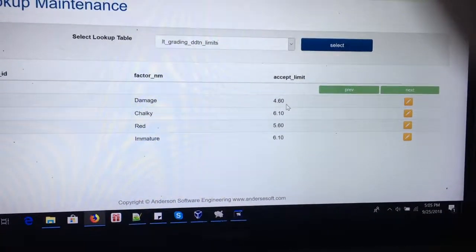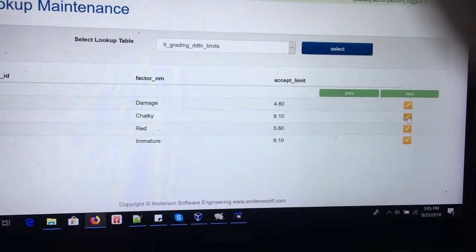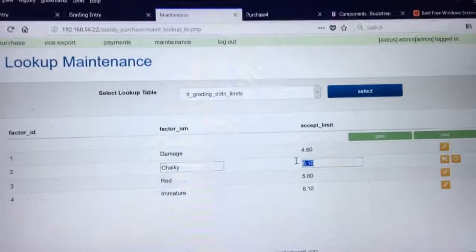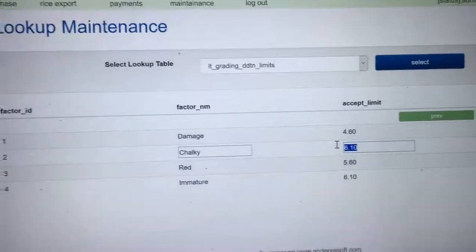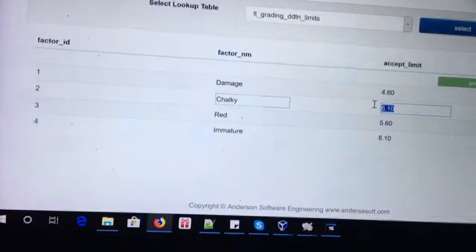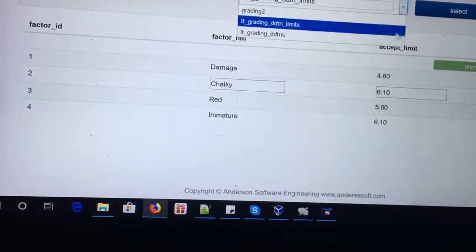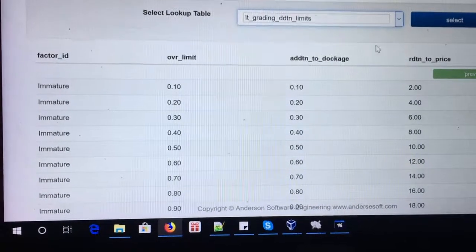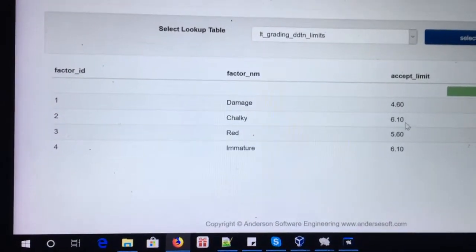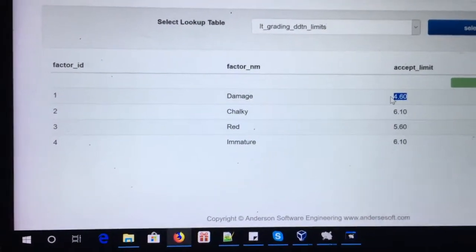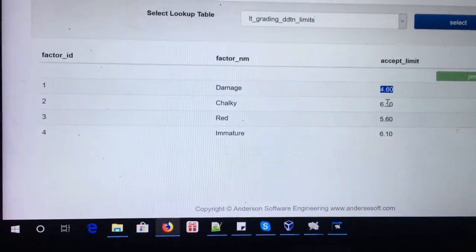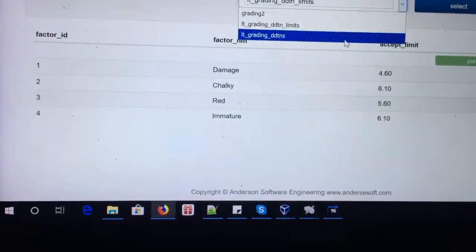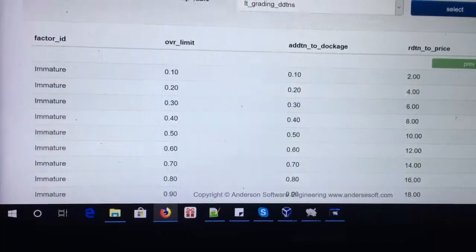So like this, if you want to change the limit, you can change it without having to readjust all of those entries from this other configuration here. So if we decide that we're going to start penalizing damage from say 10 or change chalky to whatever, we just change it here, and we don't have to revise this entire long list